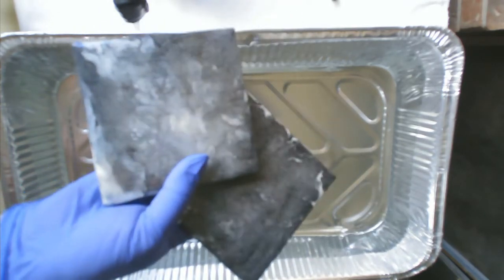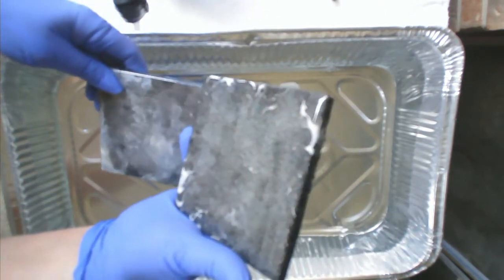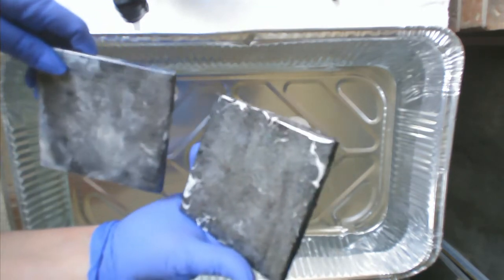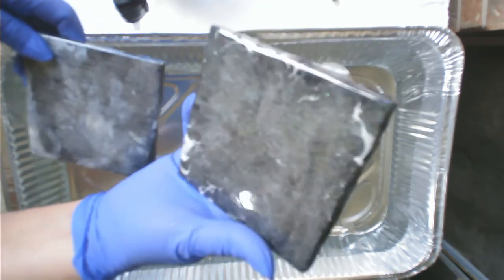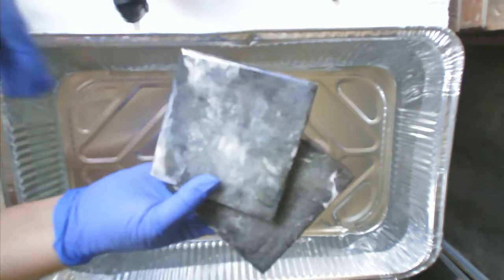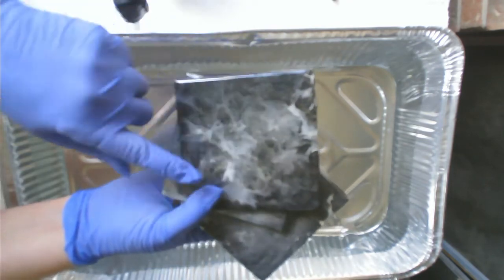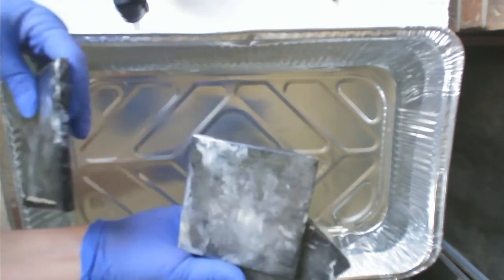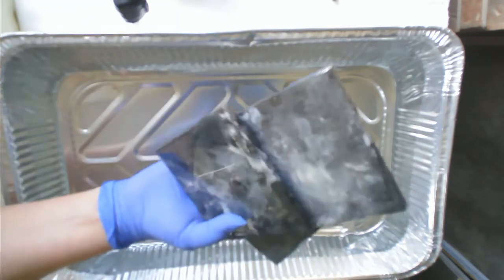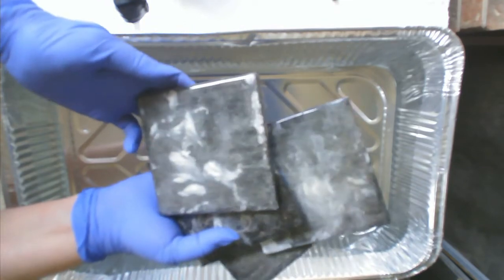And I am just giving you a little glimpse of what I'm going to be uploading very soon. These are some coasters that I did several weeks ago and I just don't like the way they turned out. I started out with black and white and I didn't like the way that worked, so I added some gold mica powder to the tops of them. That didn't work out, and so what I'm going to be doing is transforming these